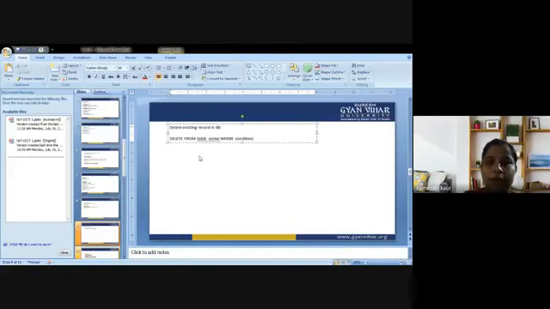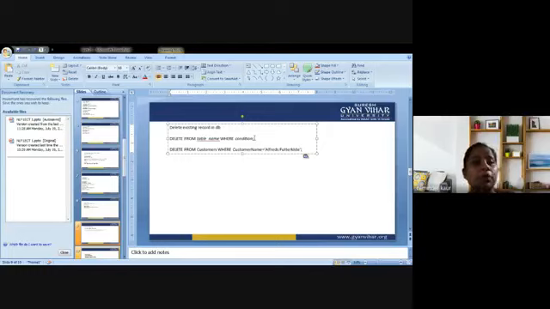Now have a look at the query that could be related to a delete function. Delete from customers where customer name is equal to Alfred. Here, customers is the name of the customer table, and the condition could be on any attribute, but here the name is Alfred. So that record will be deleted.